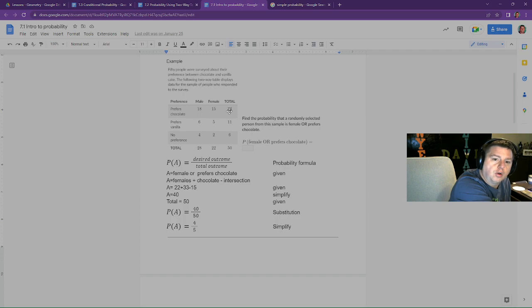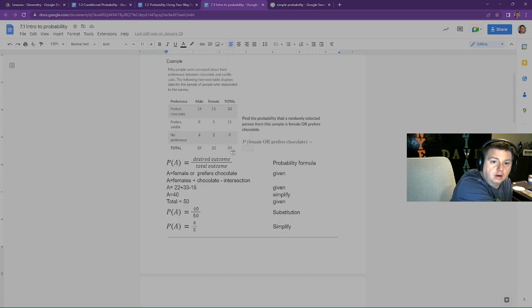So we're going to do 33 plus 22, but we need to subtract the overlapping event, which is being female or, well, females that prefer chocolate. Because like I said, you don't want to count them twice. So we did 22 plus 33 minus 15 and got our 40. Out of the total